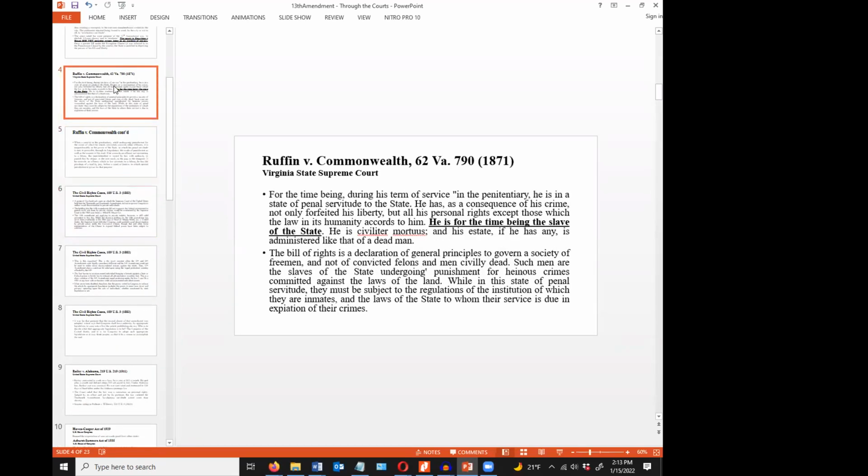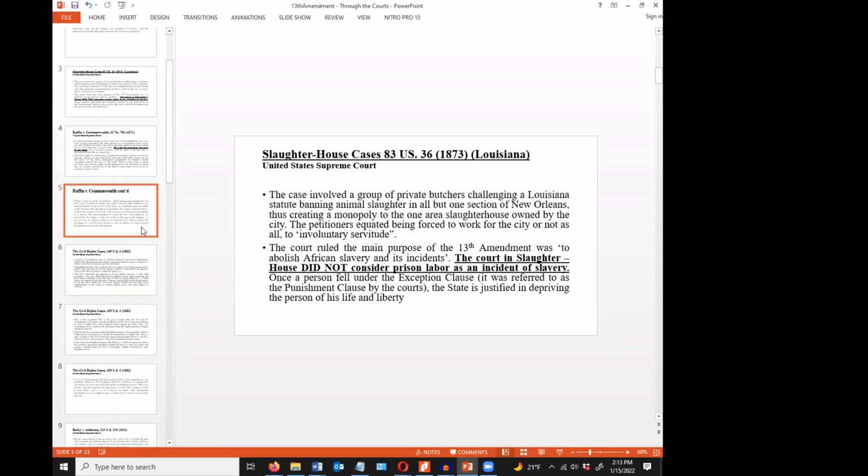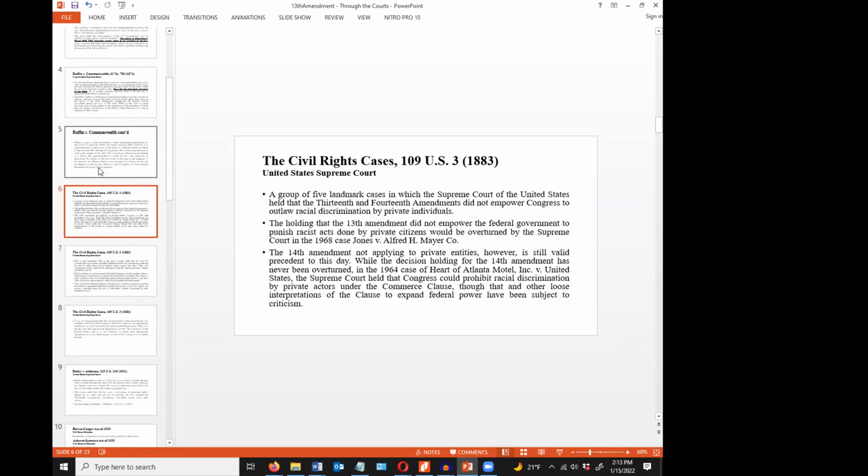So at this point, we dealt with 71 and 73. Fast forward to 1883. This is what was called the Civil Rights Cases. This was a collection of 5 federal cases in which the Supreme Court held that the 13th and 14th Amendments did not empower Congress to outlaw racial discrimination by private individuals. Yeah, you heard that right. So they're basically saying that you can racially discriminate against someone if you're a private individual. This is what was going on at the time,